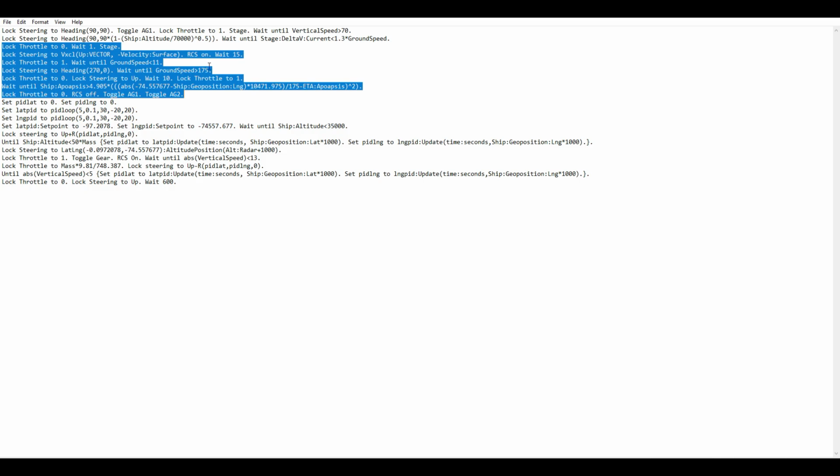So basically, once you cancel out all your horizontal velocity, including the velocity that you got from launching with the rotation of the planet, then lock down the throttle. What I did is I locked the steering to up, and this just points the rocket straight up. Give it some time to point straight up, give it some time for the RCS to work, and then I just had the throttle increase to 1, and using the equation we solved for earlier,